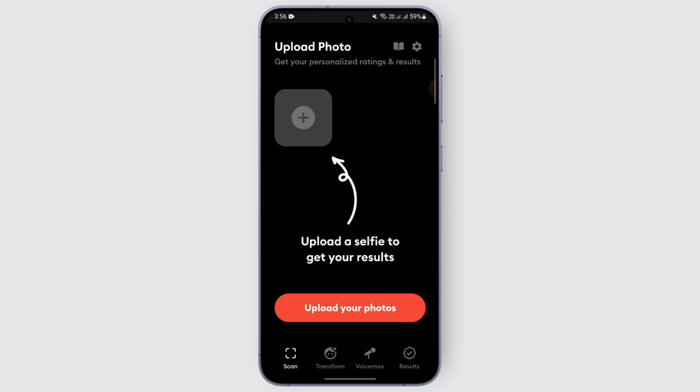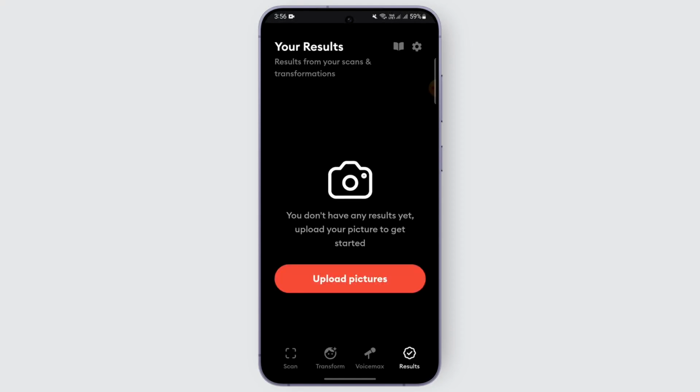So in order to delete the LooksMax AI app, first of all, download the application onto the device and simply log in. After that, you need to simply open the app and navigate to results. You can see at the bottom results. After that, tap on the three dots there. If you have logged into your account, you will be able to see that option located at the top right corner. And from that option up here, select just delete results and confirm the deletion to remove the selected